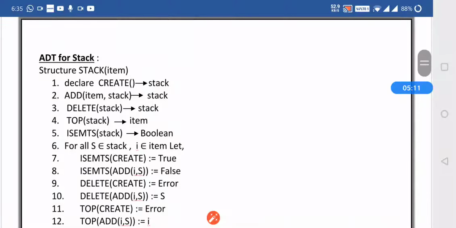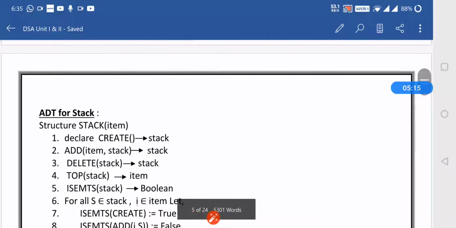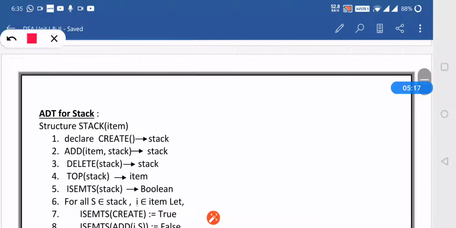Now the next is the abstract data type for stack. Whenever we create a particular stack, what will be our output? Stack. Whenever we add a particular item to the stack, what will be our output? Stack. Whenever I delete a particular element from the stack, our output will be a stack.